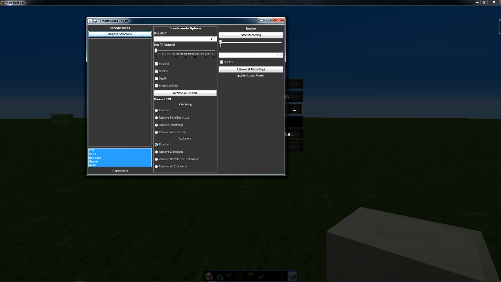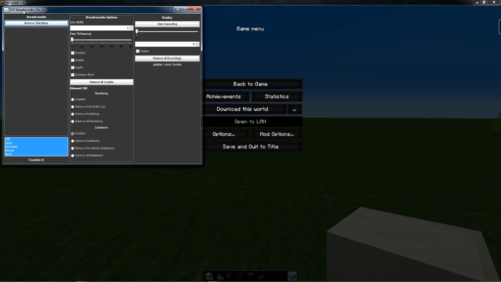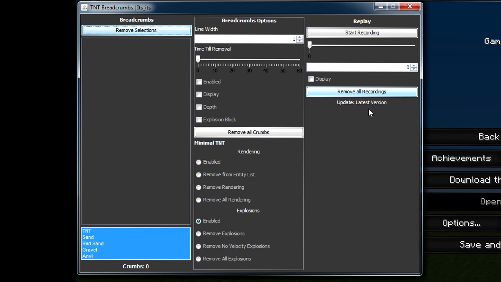So when we hit J, it might freeze us for a little bit, but it'll open up this menu right here. Now this is one of the coolest things I've seen created for cannoning other than Schematica. I don't know if you guys have ever seen Ace Client, where you can track the TNT and sand. This does the same thing, but it's part of Forge. So if we hit enable here, I'm not the best at using this, but I know that'll turn on everything.